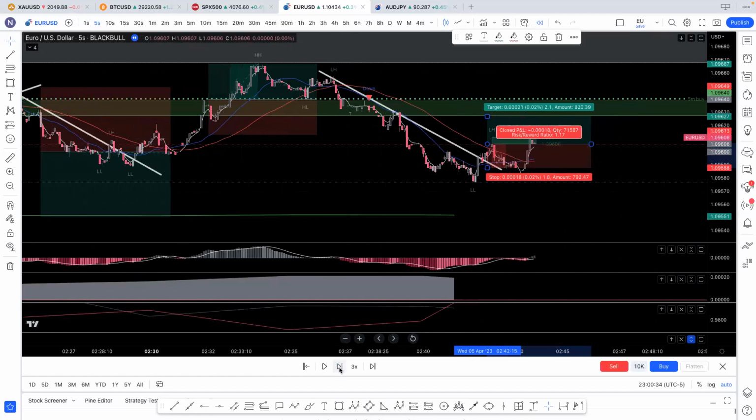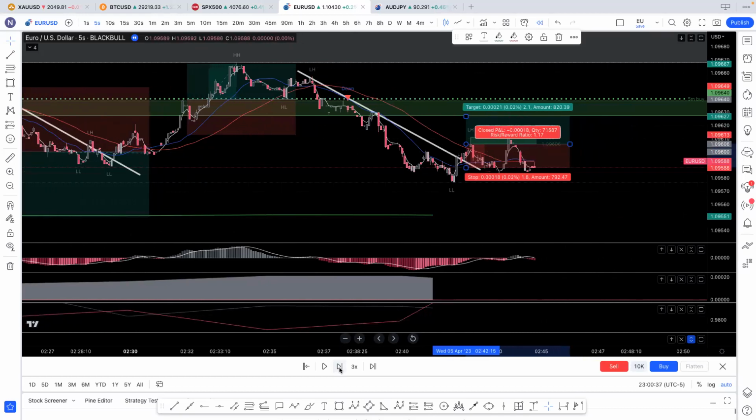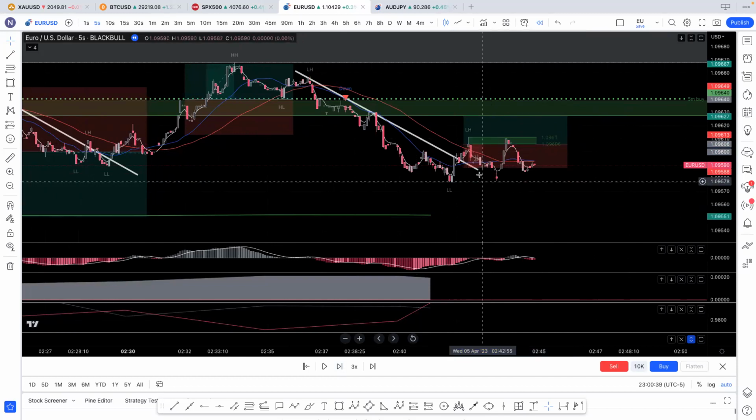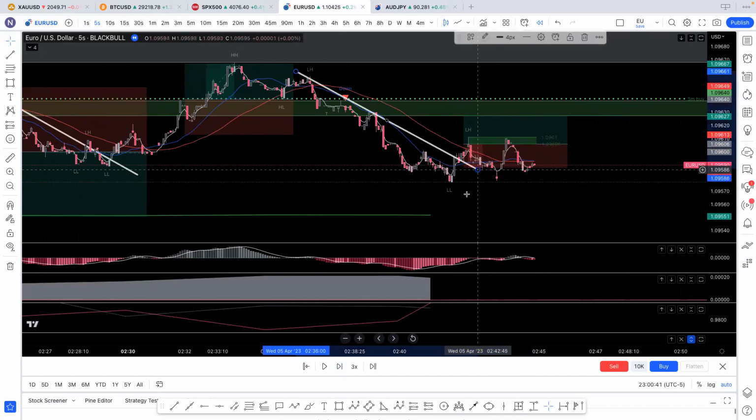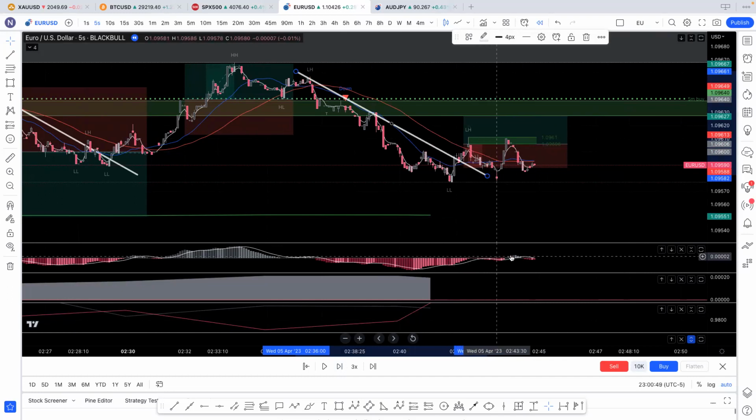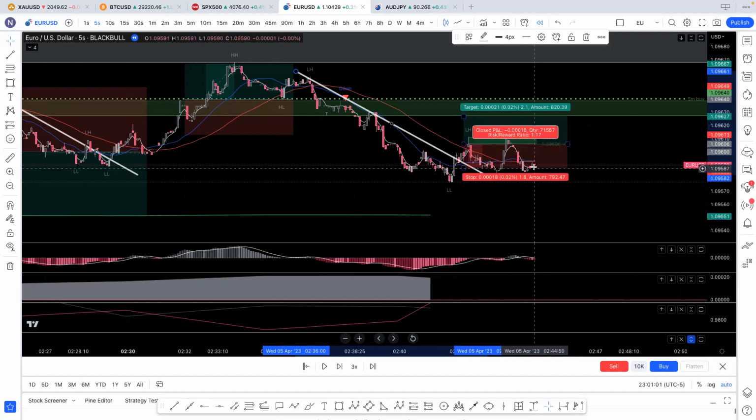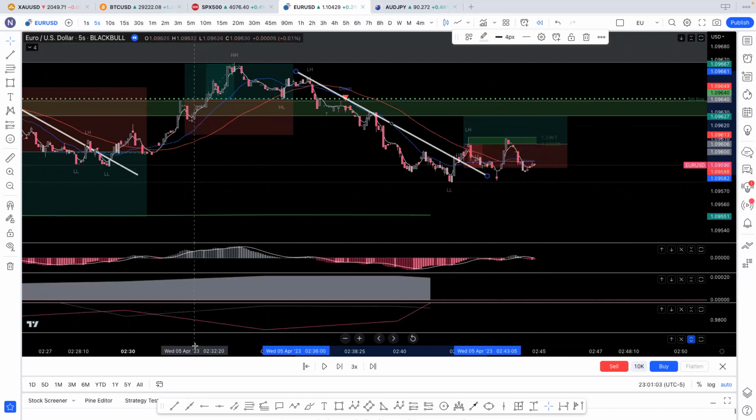Let's see how it played out. Would I have gotten the 1-to-1? Nope, not at all. Okay. Well, that is how that works today. And as I look at this MACD here, I see that there is minimal volume in my entry time frame. So I'm just going to stop price right here, and then I will pick it up again